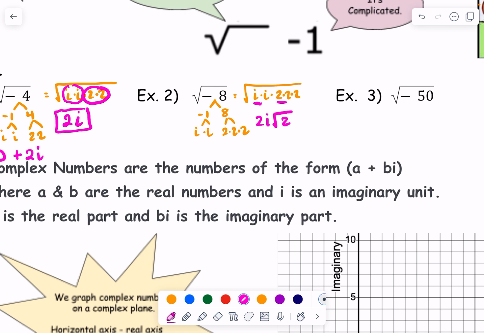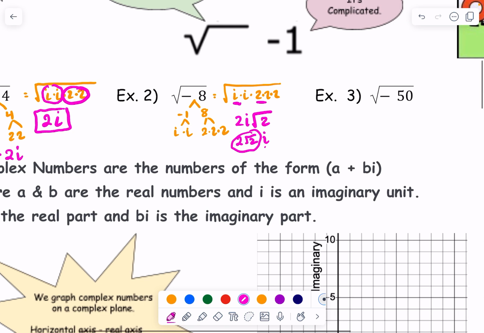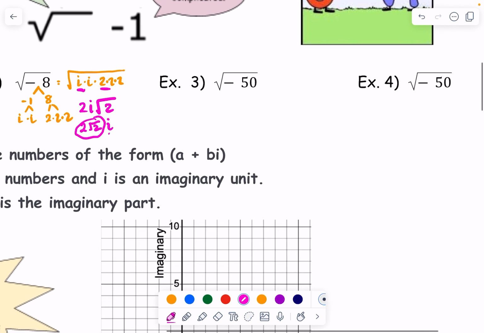So this is how we can write it. We don't usually go 2 radical 2 and then i, just because we don't want that i to get in there, but it's better form to have the value in front of the i. So just be very careful when you put the radical in front of the i, that the i is not absorbed into the radical because it is not inside. Okay. So again,